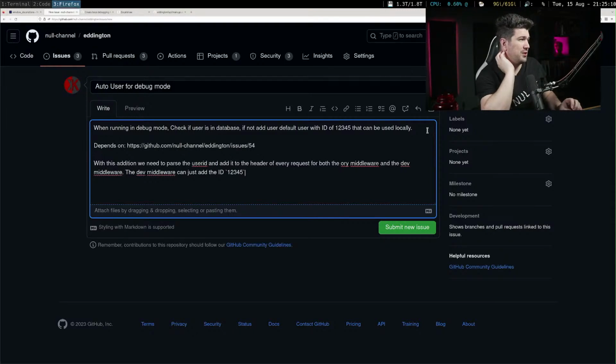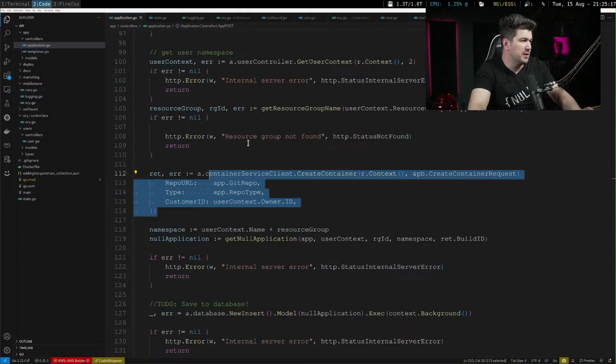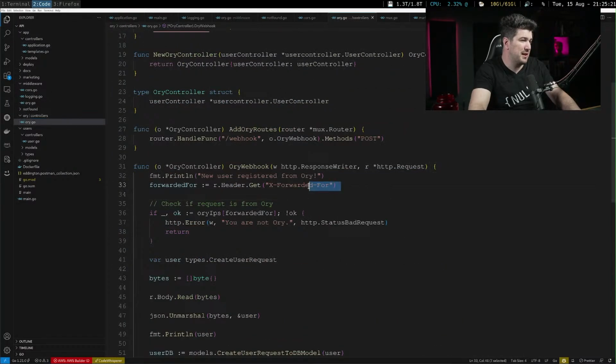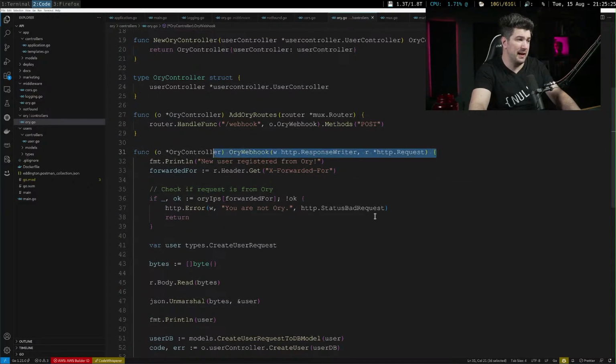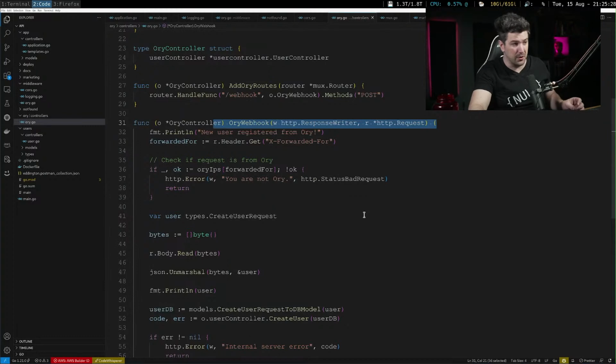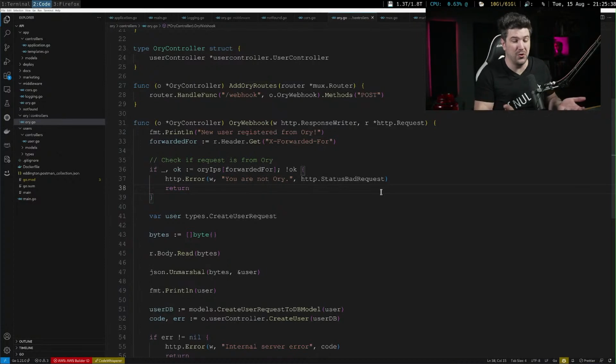Okay, Dutch, I think you and I are on the same page. I think that's what I'm saying here. So basically in the ORI middleware, I just want it to parse the user ID out of the ORI session token and put it in the header. That's why I'm saying there has to be a user ID in all those calls because it has to get passed around.